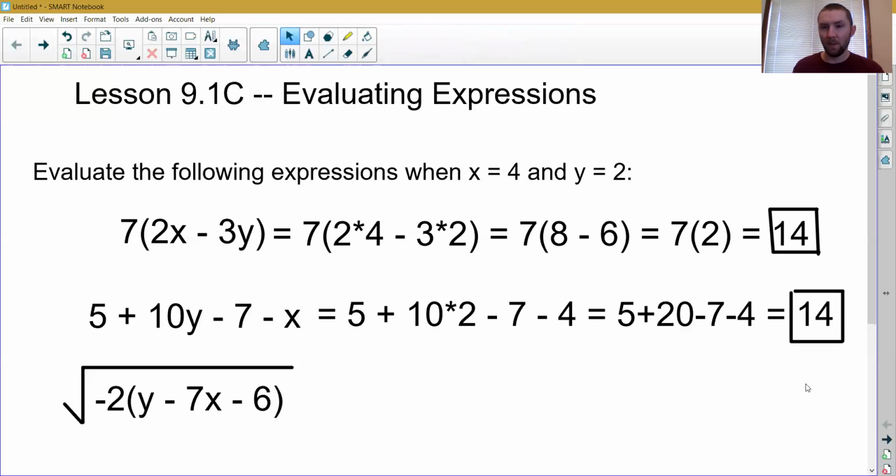Okay, but in that case it is. So I'm just replacing my variables with the values I'm given. Here x equals 4, here y equals 2. And I'm just then doing order of operations math. Okay? Now, when we get to one where the entire expression is under a square root, we need to think